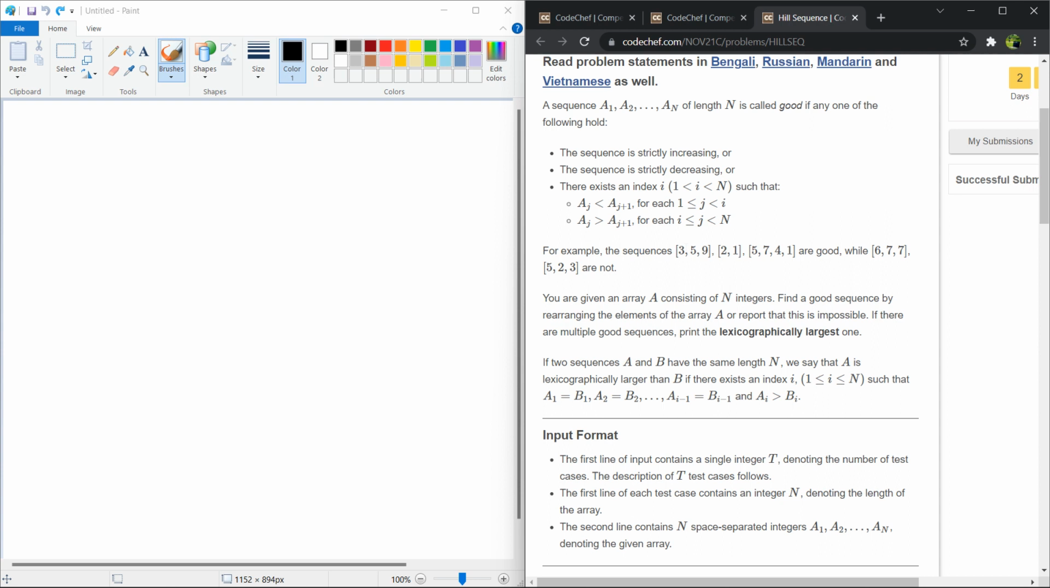So 5 3 5 9, it's strictly increasing, so it's good. 2 1, it's strictly decreasing, so it's good. And 5 7 4 1, it's increasing to a peak point and then it's decreasing, so it's good. While